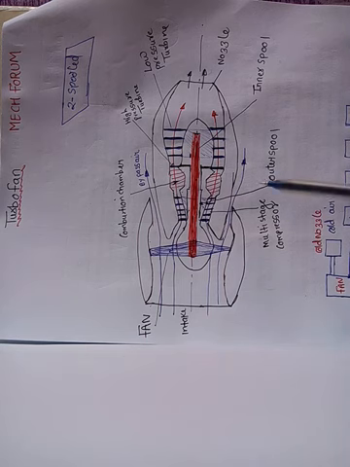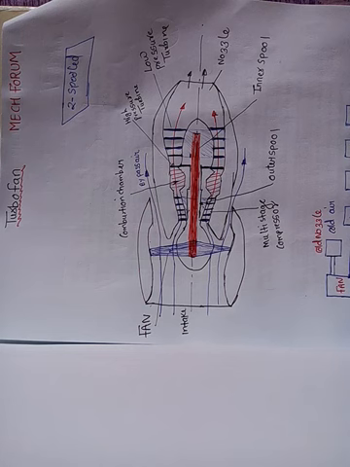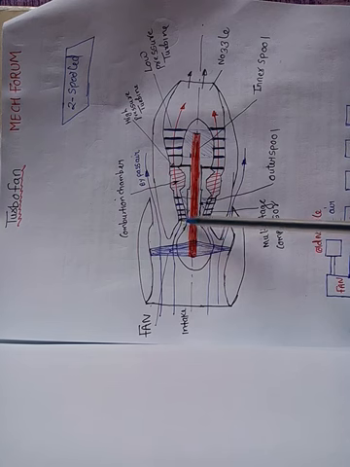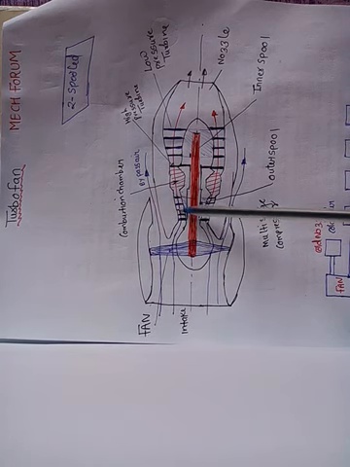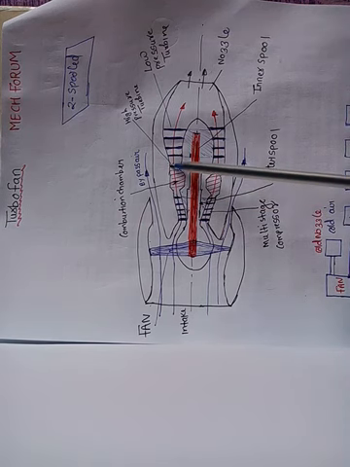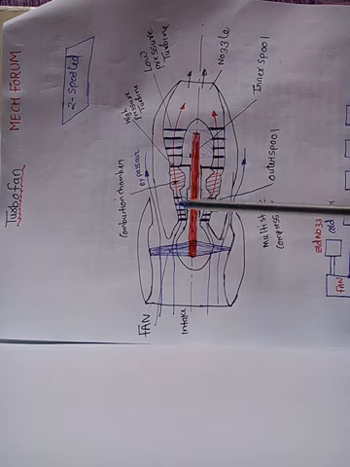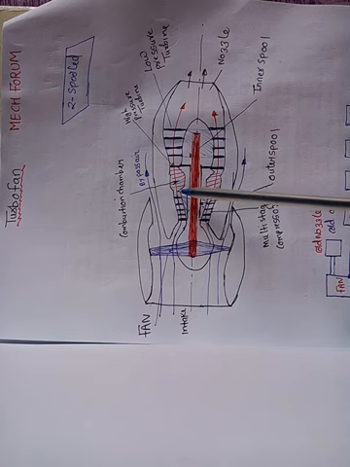Now how does it work? When the air enters the intake section, due to the ramming action there is a certain rise in pressure. Because what is the function of a diffuser? It decreases the velocity and increases the static pressure. Now when this air enters the compressor, there is also a rise in pressure. When this high pressure gas enters the combustion chamber, there is an injector which sprays the fuel and there is combustion.